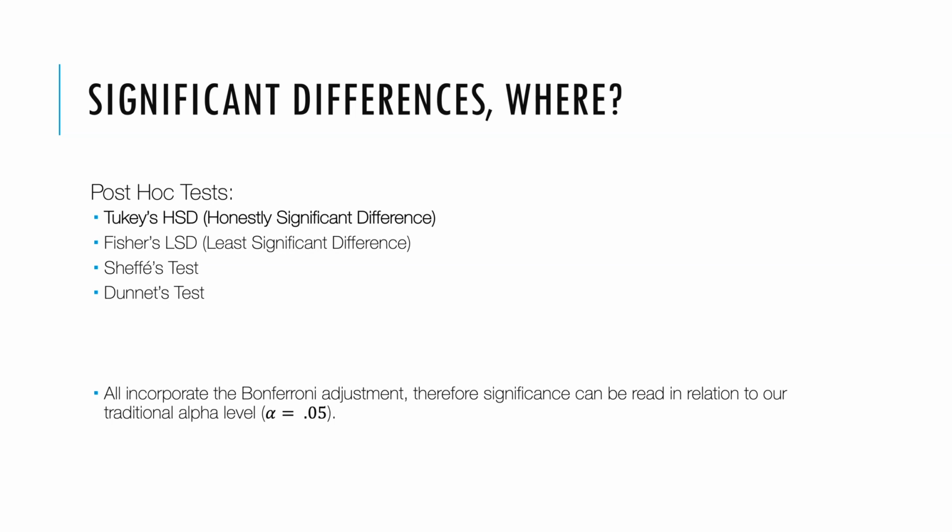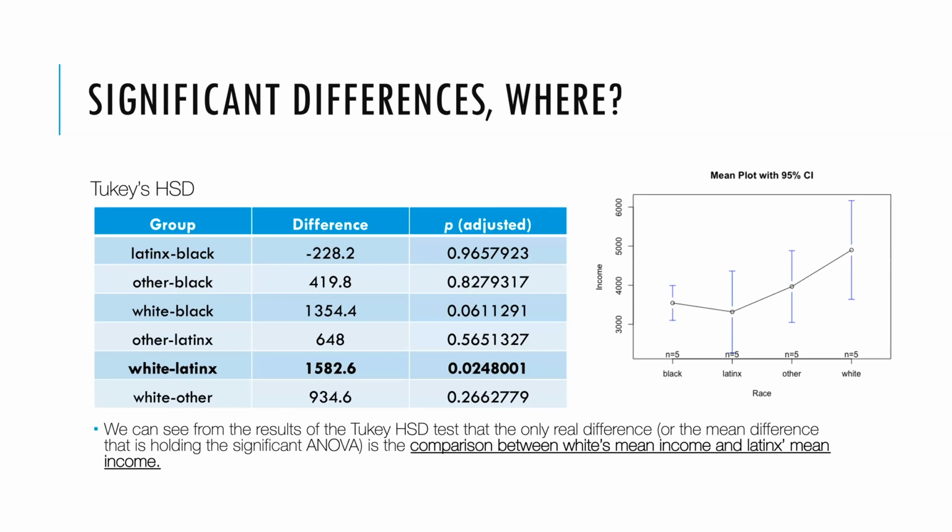All of them incorporate Bonferroni's alpha adjustment. But the most common, I think the most used, is the HSD. For us, we're going to go with Tukey's HSD as our post-hoc comparison. What we can do is run the Tukey's HSD test to tell us where the significant differences lie. When you do that, the Tukey's test will tell you the groups that you're comparing, the actual value difference,